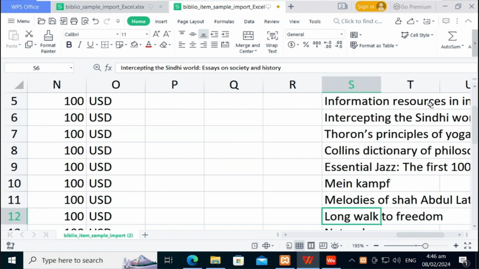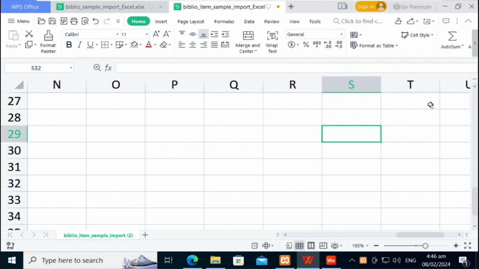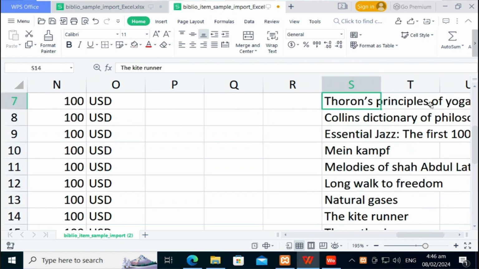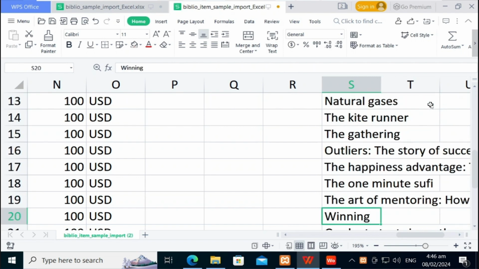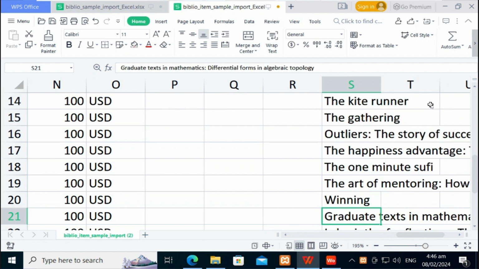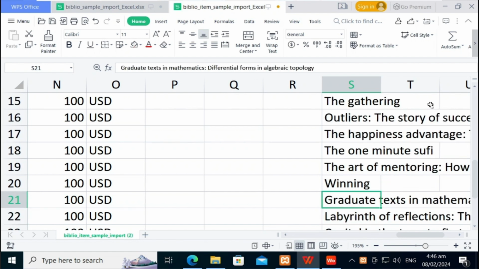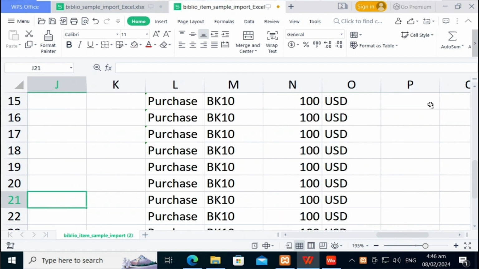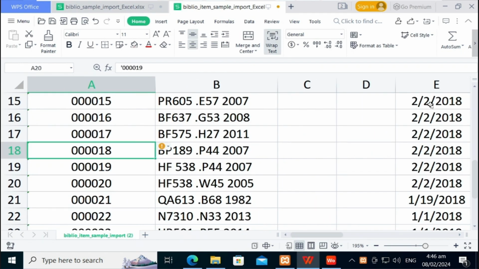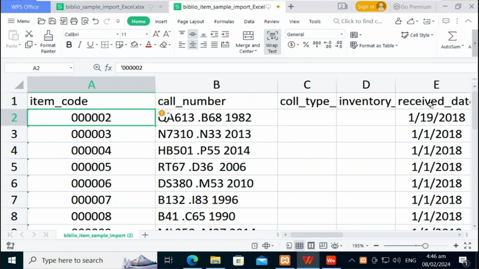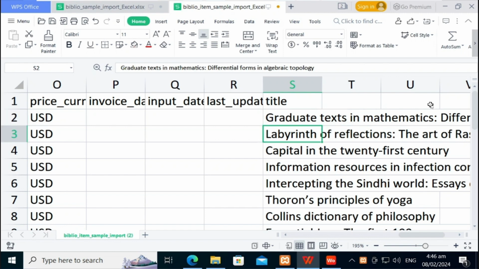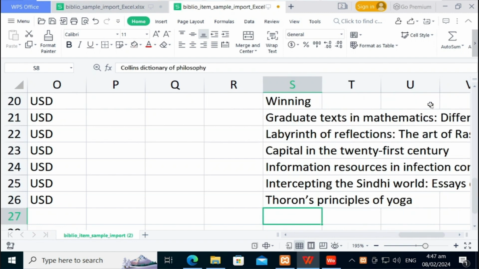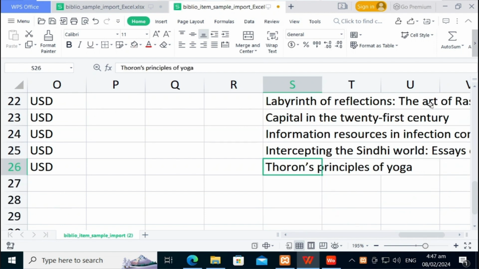See, so if we have multiple copies, we need to provide multiple rows. For example, this title has 2 copies, so one copy is here and another copy is here. See, so we have total 25 items and 18